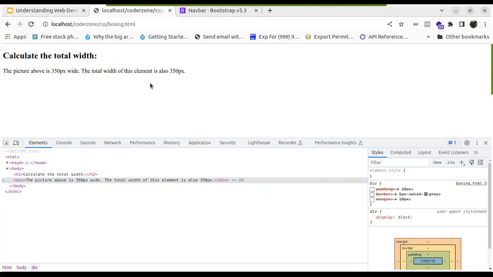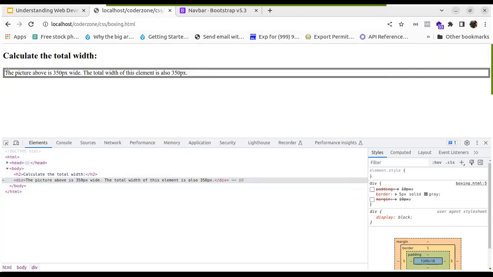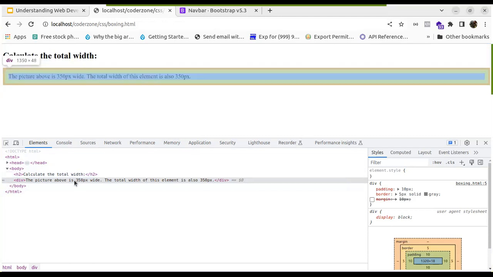Consider the case where you have applied an image with a border around it. Somewhere we have no need for padding, but somewhere if you apply some amount of padding and margin, then that will give you a better look and feel. Okay. So now if I add a border, you can see the edge of this text is close to the border. If I add the border padding, can you see? You cannot find the